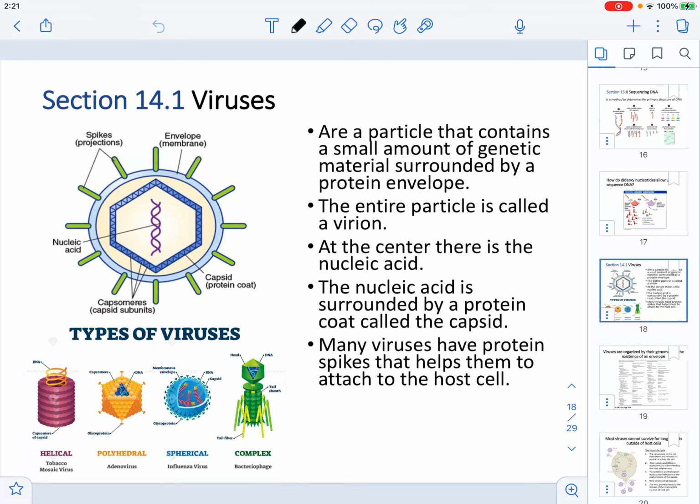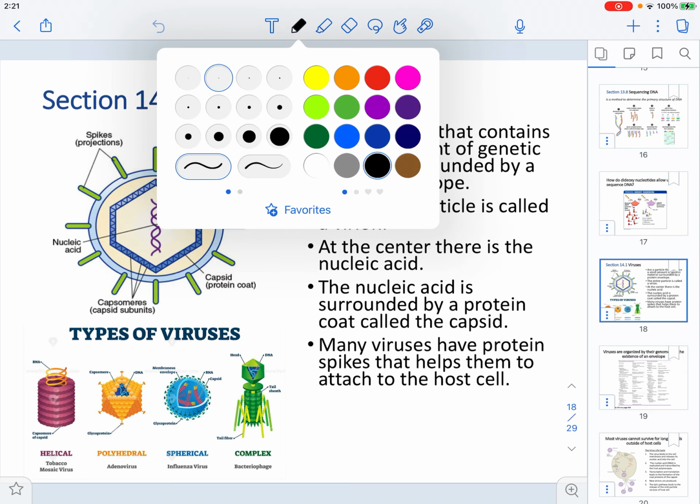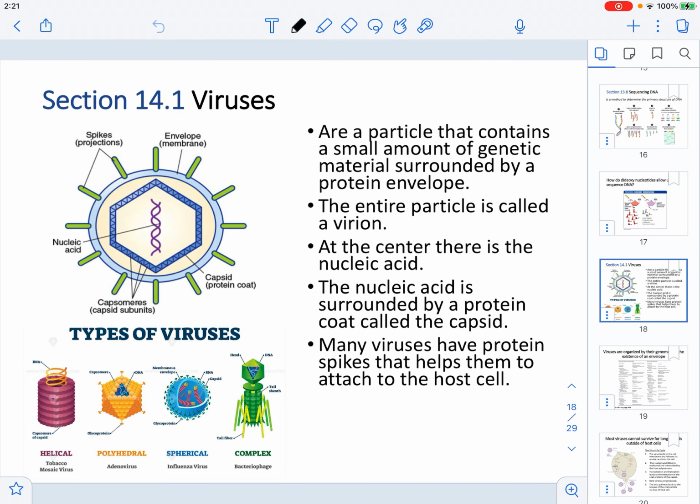In this video, we are going to be talking about the concepts of chapter 14, which has to do with viruses. First, we're going to talk about what is the definition of a virus. A virus is a particle that contains a small amount of genetic material and it is surrounded by a protein envelope. Now, this genetic material that viruses have